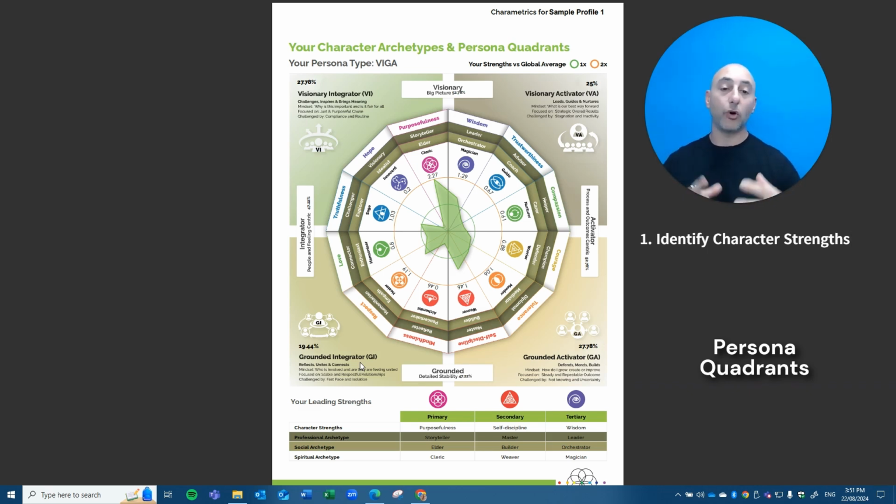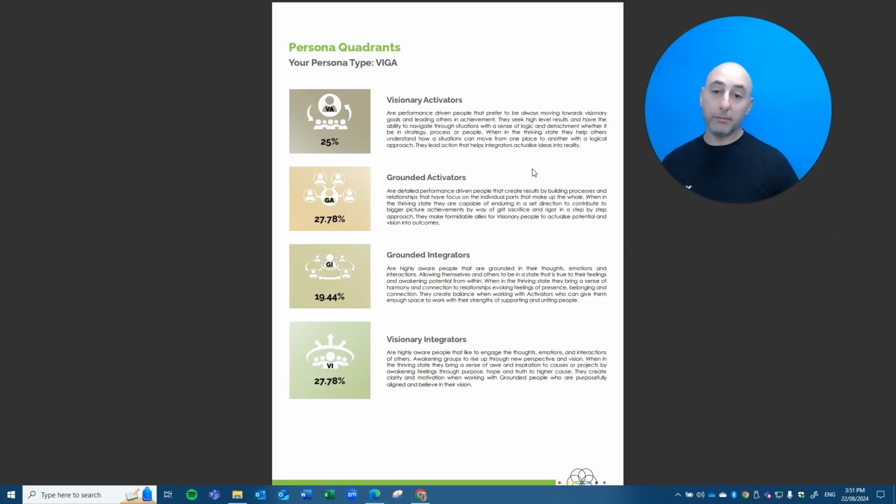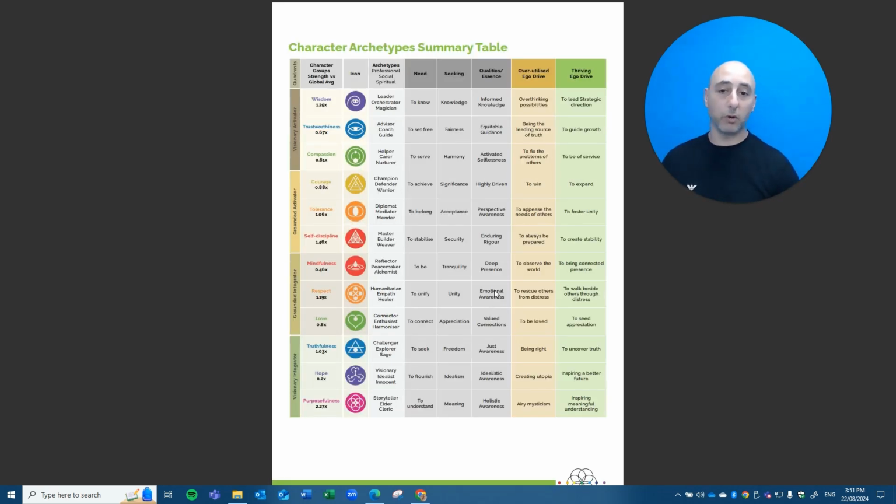Character creates all aspects of our being, including our persona. And Charametrics goes a lot deeper than personality, and it goes right to the core of our being, which is human character. Now, for the premium profiles, the paid profiles, you will get a lot more information around persona quadrants,